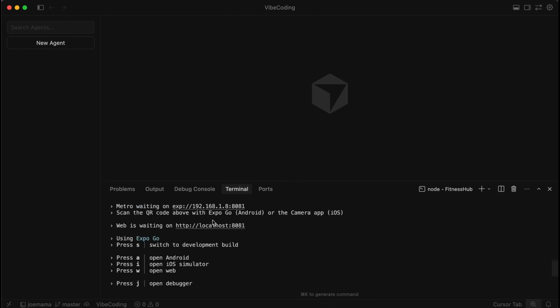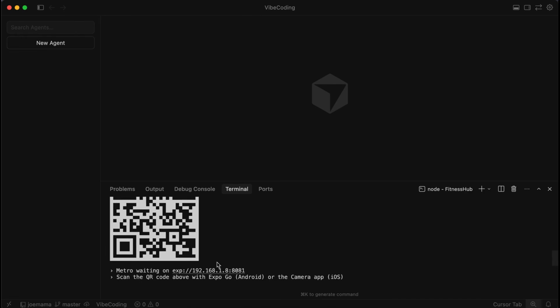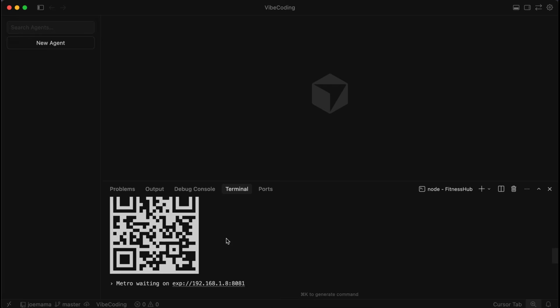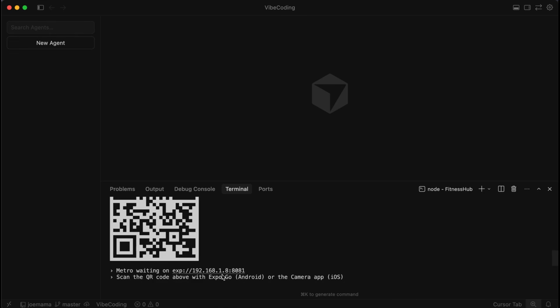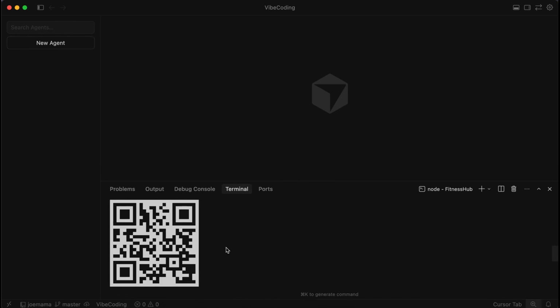So now, as you can see, it has given me this QR code, and it's running on this link over here as well. But what we're going to do is scan this QR code with Expo Go on Android or the camera app on iOS. So you scan this QR code, and as long as you have the Expo Go app installed and set up